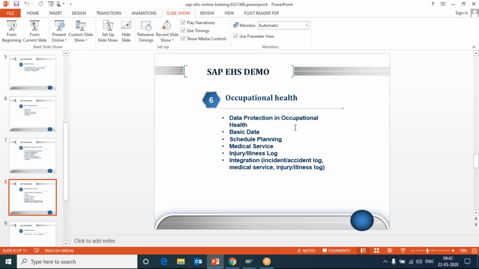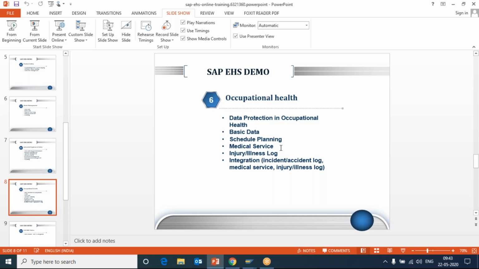It has a lot of integration points with other modules, like be it HR or logistics, like plant maintenance and quality management. These are the other modules wherein you will have a connection with SAP EHS. So in terms of occupational health, it is the HCM module that will be supporting us. Okay, and medical services.